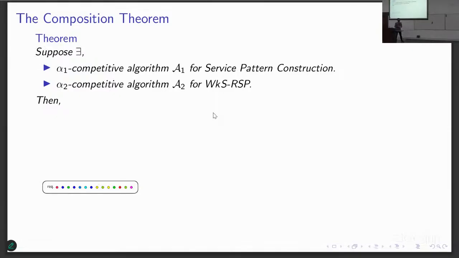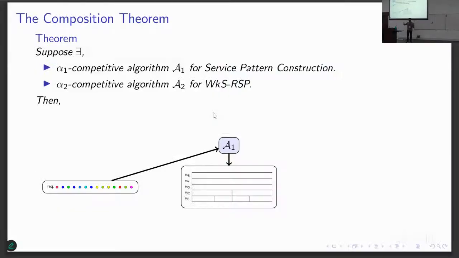The input is a request sequence arriving online, and you feed this input to the algorithm A1, which gets the request sequence online, and its output is an unlabeled feasible service pattern. One thing to note here is that this request sequence and service pattern are handled online. I did not animate that, but you get the request sequence online and it outputs the service pattern, and now you take this output of A1 and the request sequence